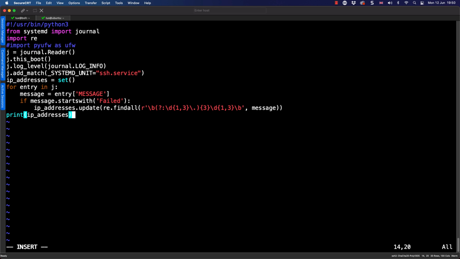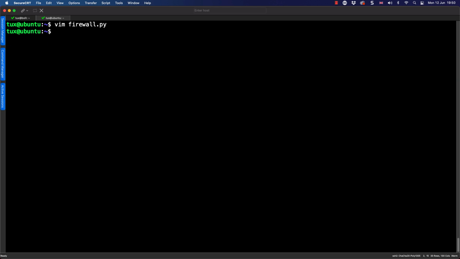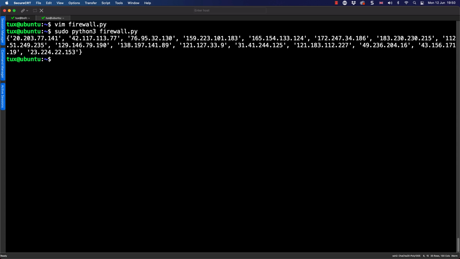And then we can test it again. So let's jump out and save this. And then we can up arrow key to execute the code again. And you can see now that we've got our set coming back with a list of IP addresses. We can spend a little bit of time looking at those if we want, but there should be no duplicate IP addresses here. And we should then have a unique list of IP addresses.